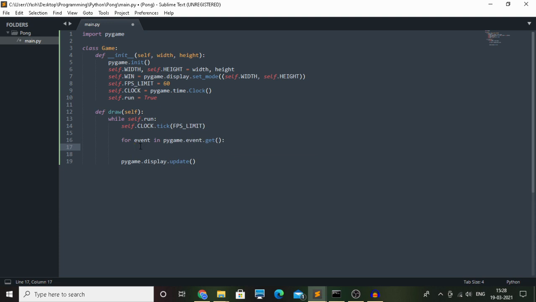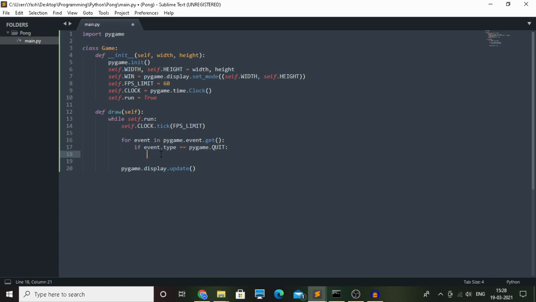It will be a list, and the event will be an item in that list, and we'll see if event.type, that is the type of the event, is pygame.QUIT, which means clicking this X button.